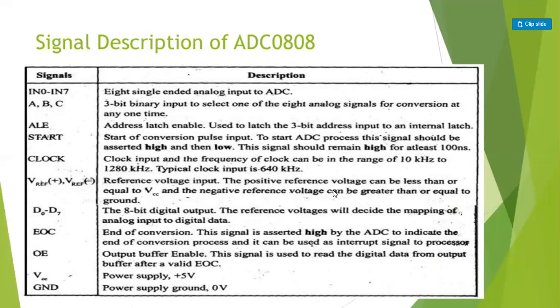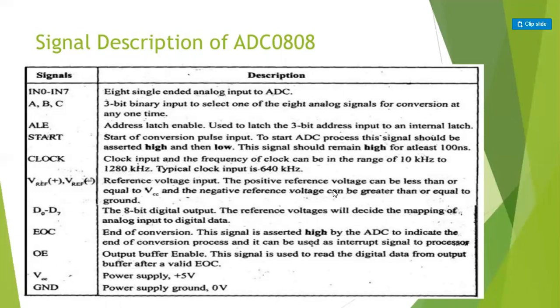IN0 to IN7 are the inputs for the 8 single-ended analog inputs to the ADC. ABC is a 3-bit binary input to select one of the 8 analog signals for conversion at any time. ALE is the address latch enable, used to latch the 3-bit address input to an internal latch. ST8 is the start of conversion pulse input, and to start the ADC process, the signal should be asserted high